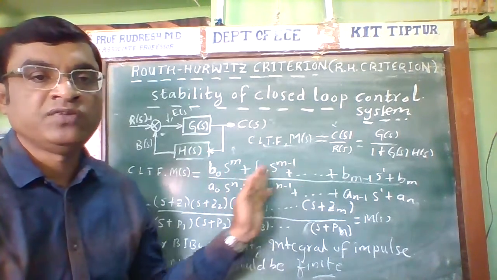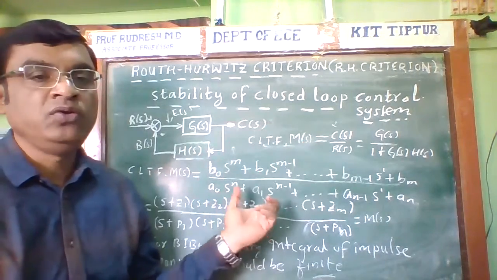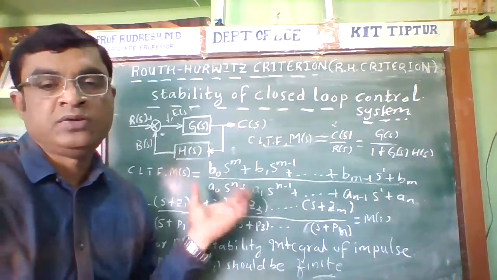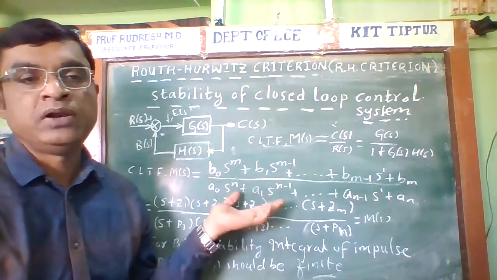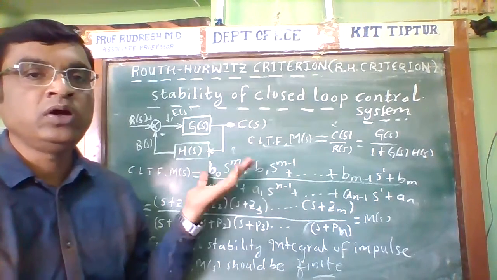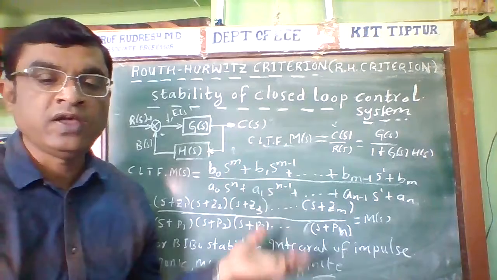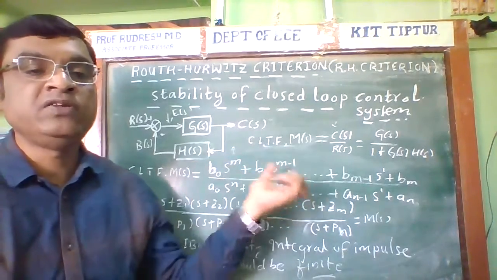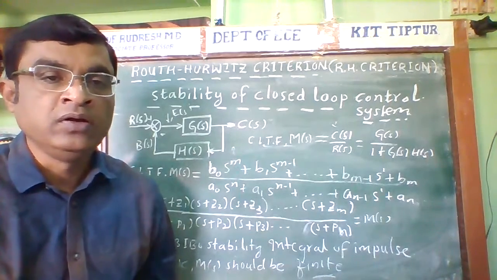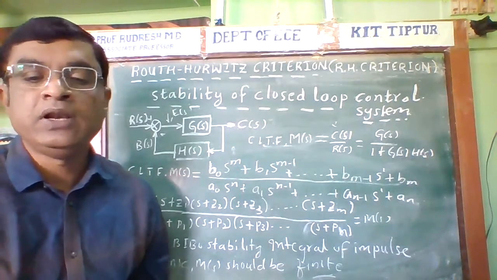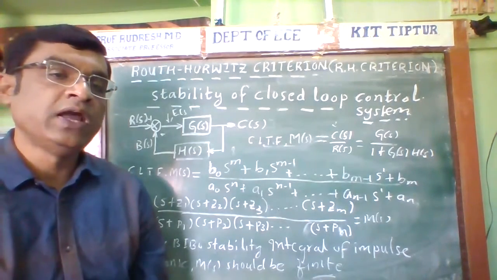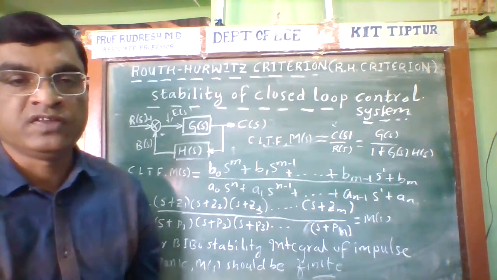Once we know the characteristic equation, we find the roots. If all the roots lie on the left half of the S-plane, then the impulse response is finite, and the system is called stable. The Routh-Hurwitz criterion is an analytical procedure for determining whether all the roots lie on the left half of the S-plane or not. The first step in analyzing the stability of a system is to examine the characteristic equation of the system.